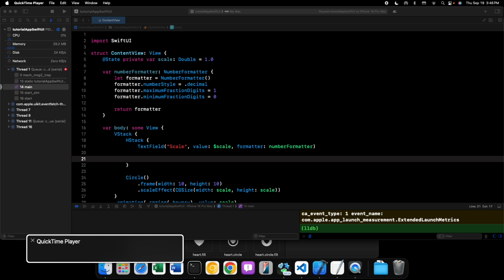Guys, welcome back to another video, and in this video we're going to be continuing on with our SwiftUI tutorial series, and in this particular tutorial we're going to be taking a look at the stepper view in SwiftUI. Now, what is a stepper? Well, a stepper is exactly what it sounds like. It's a kind of view that allows us to adjust a value using up and down or increment and decrement